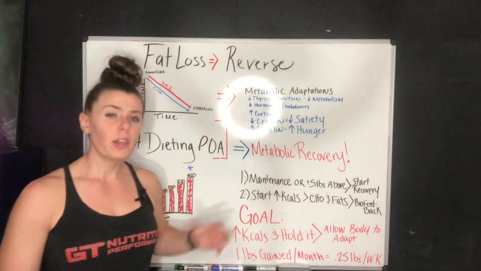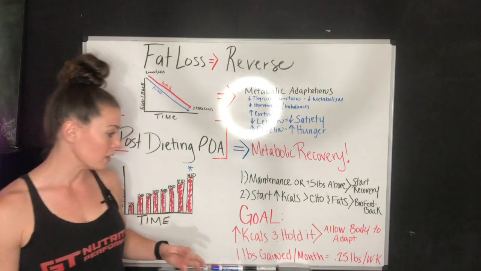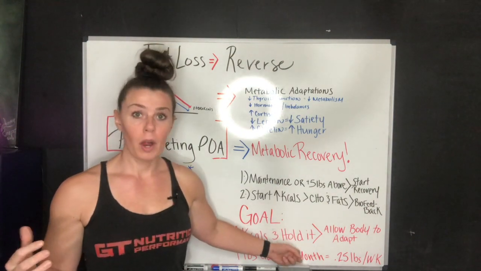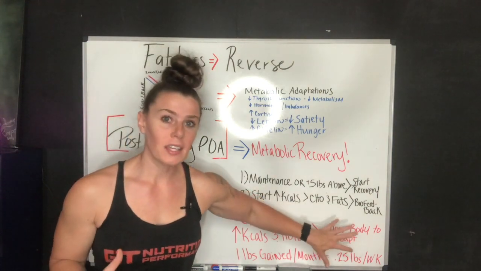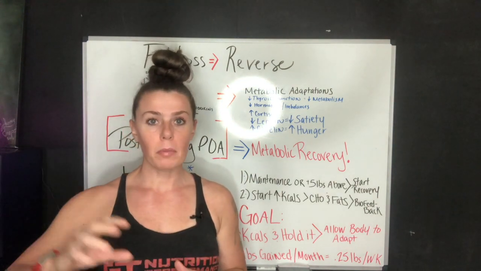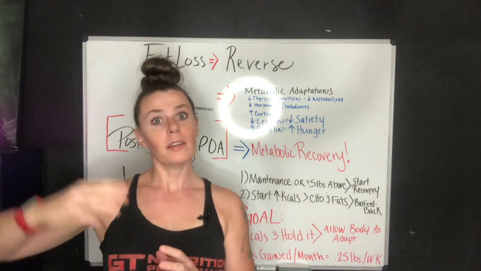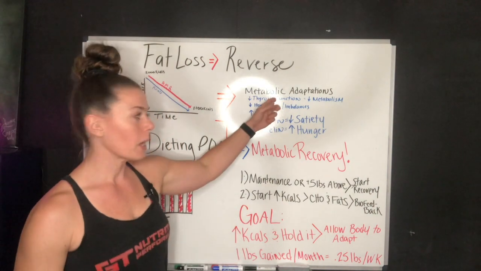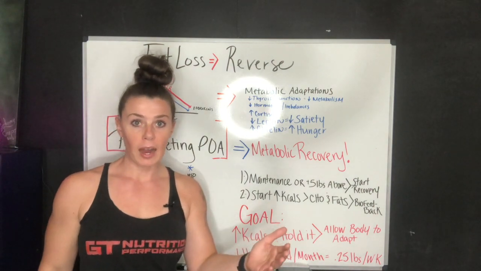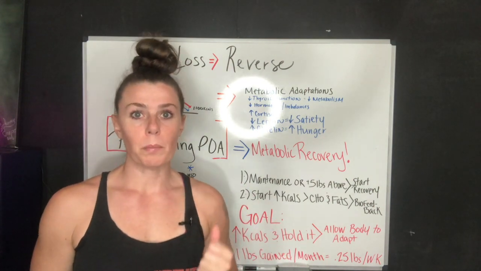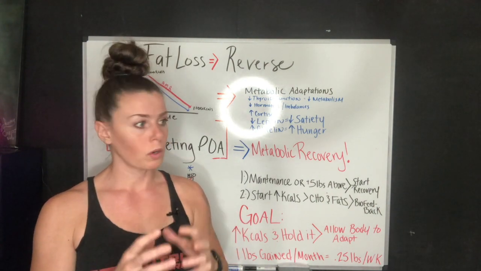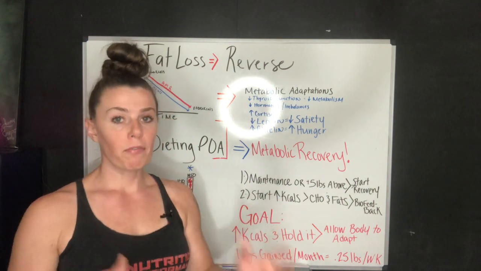So the overall goal for reverse dieting is to get your calories as high as you possibly can and hold it there. Allow your body to adapt to that, because that's going to cause your metabolism to adapt to those calories and get even higher, which is also promoting better thyroid health. So don't be that individual where you get your calories high and then boom, you instantly jump into a fat loss. You don't want to do that. You want to hold there for a couple of months or as long as you can before jumping into that fat loss.